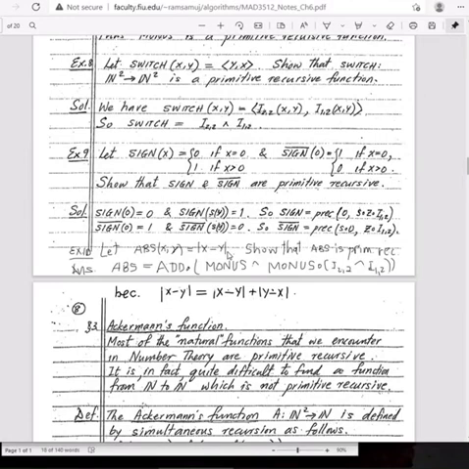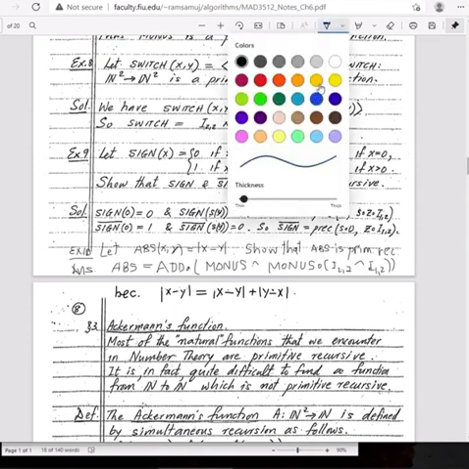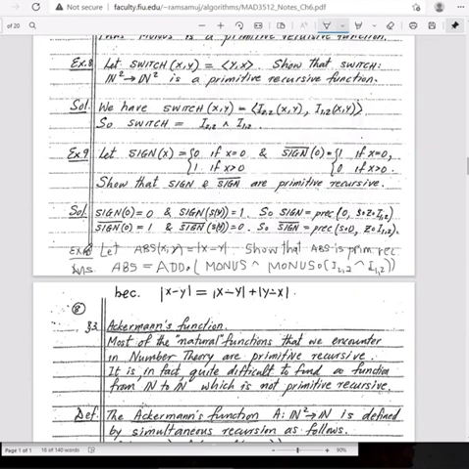You get a non-negative number. So the absolute value is primitive recursive. So primitive recursive functions produce many things, and so far so good, but I wanted to change one thing here, and that is, let me just put here, this will be example,